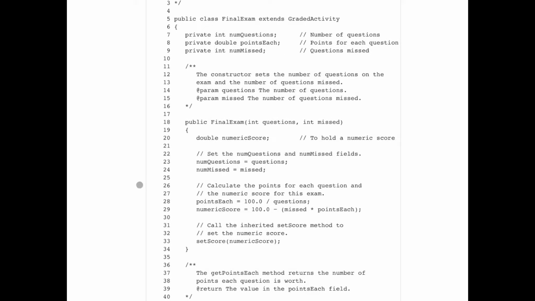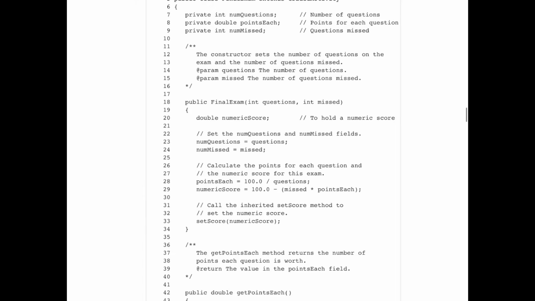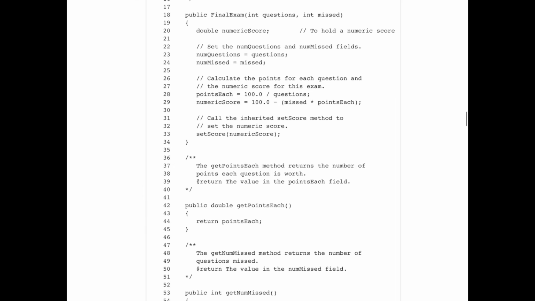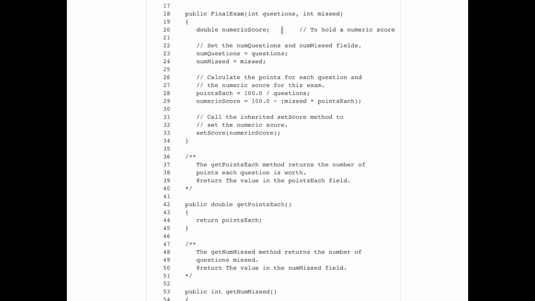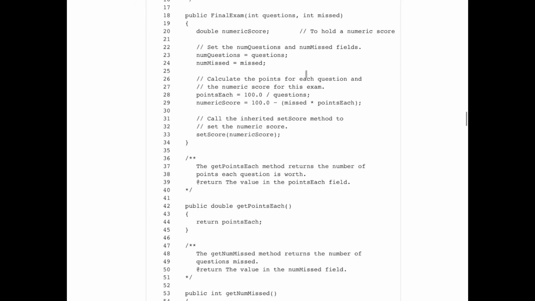You can tell the authors have not been actively instructing in a while, because this is kind of backwards from the way most of us think about how to do scores for things. So pointsEach is 100 divided by numberOfQuestions. Numeric score is 100 minus the missed times pointsEach. That all makes sense to all of us, I think. So that